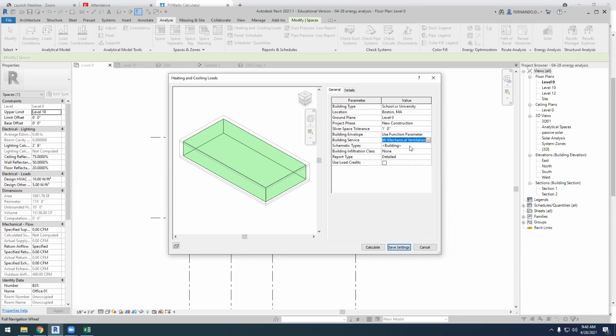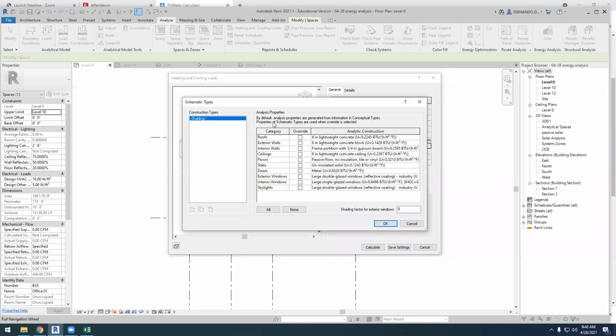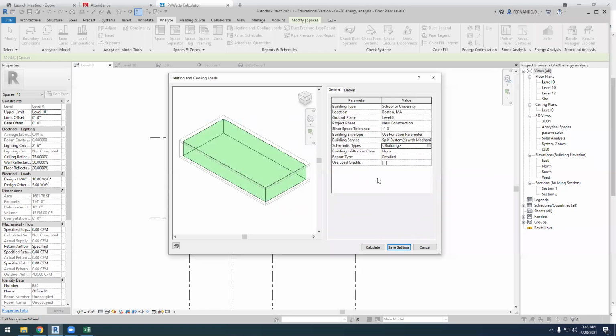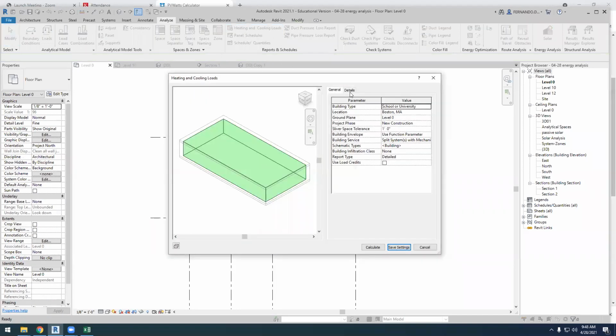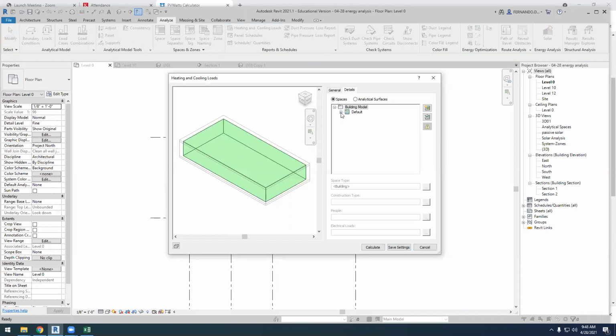The schematic types, we have to use building as well. So this is the same information that we had before. If we select building, it is the walls that we have created. The report, okay. Save settings. And now heating and cooling loads, we can go to details. And if we go to details, we can select the space, and it should match with the options that we